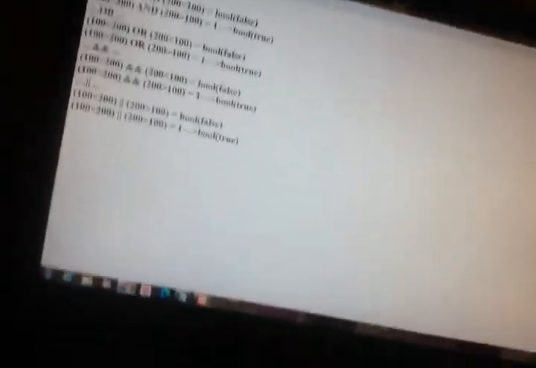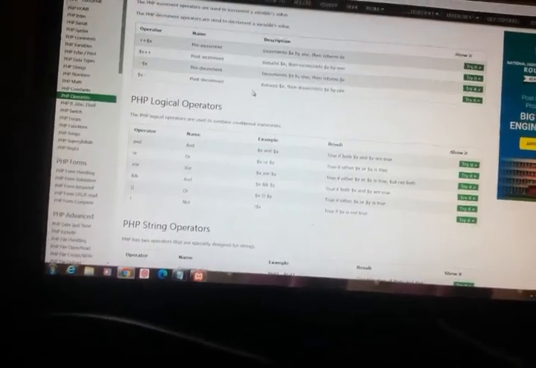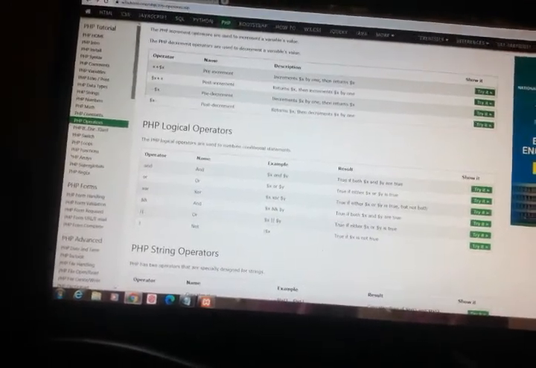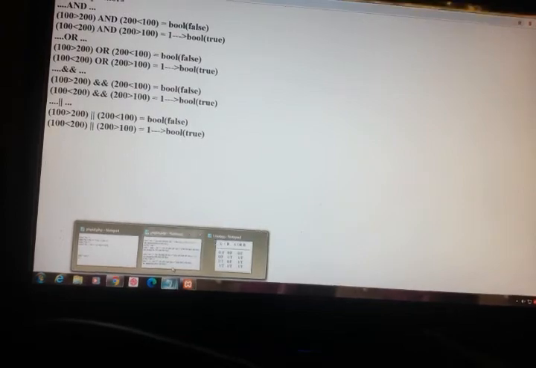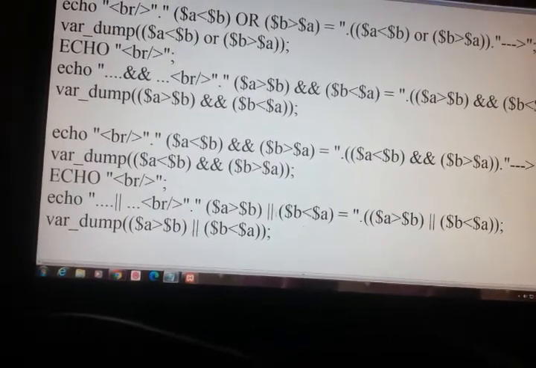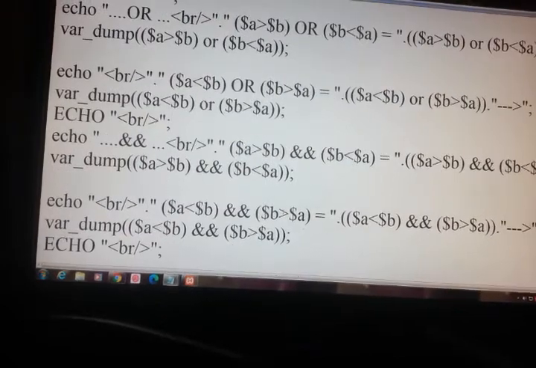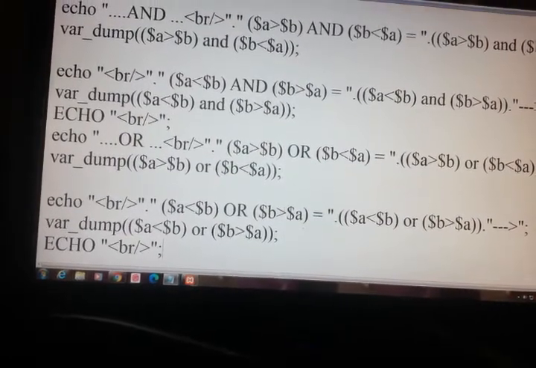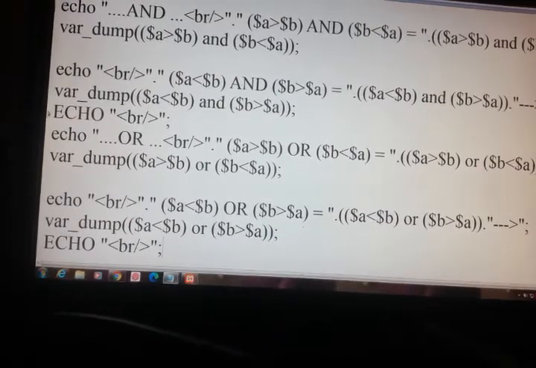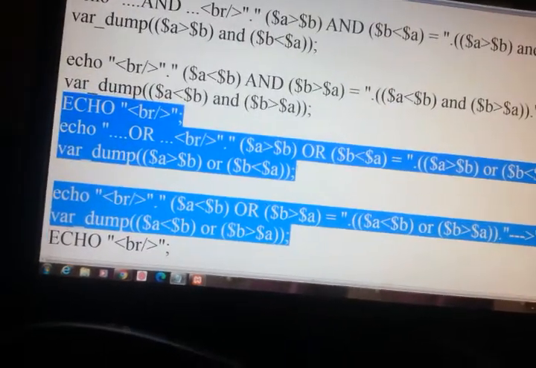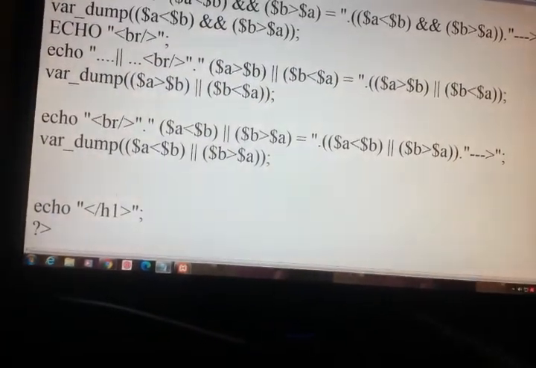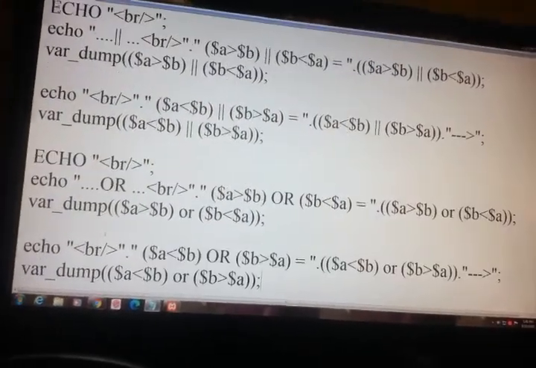Now we'll see exclusive OR. Exclusive OR we write as XOR. Just copy paste this code. Here I am pasting.